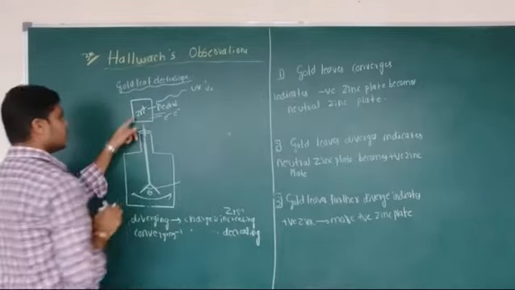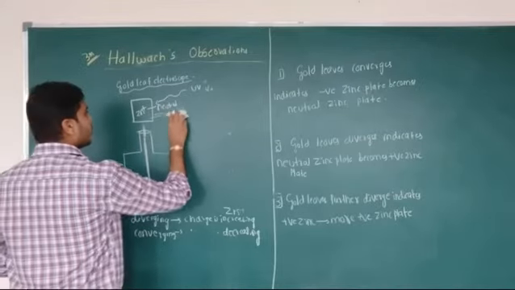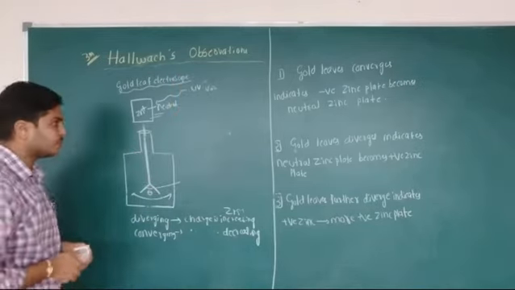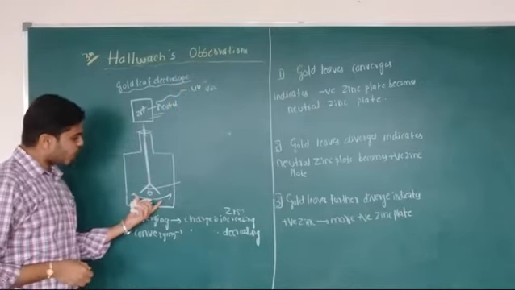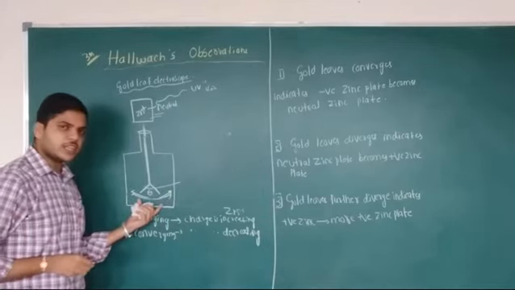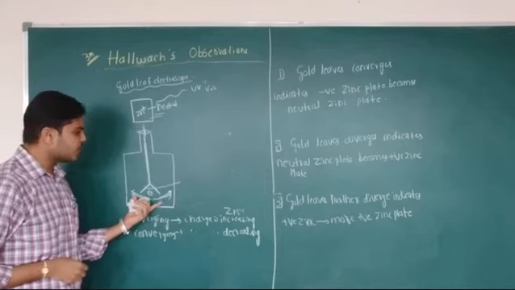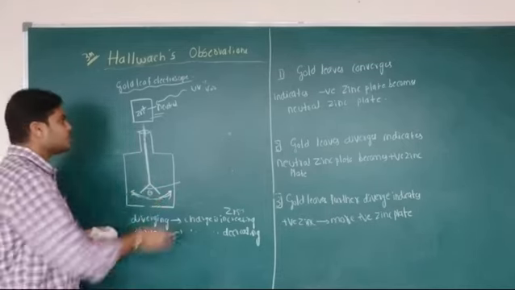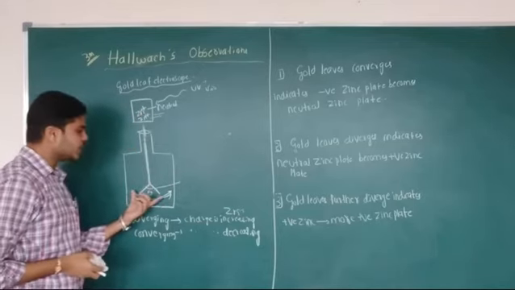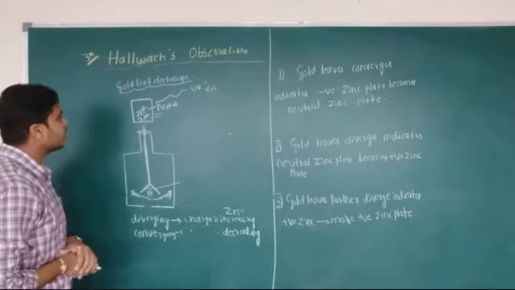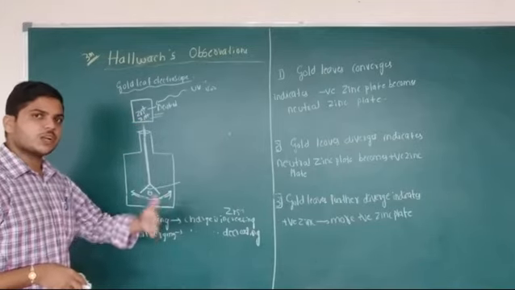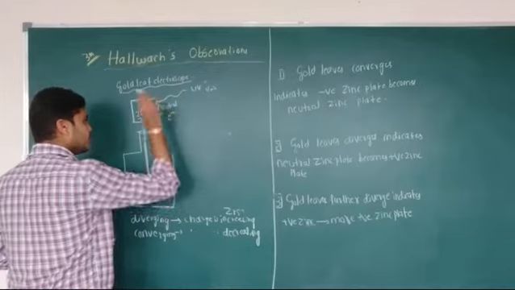Now the zinc plate has already become positive. What will he do now? He again incidents UV radiation above the threshold frequency. Then what will happen? If you observe the gold leaves, they are diverging further. Initially the divergence was less, now the divergence is more. It indicates that the positive charge on the body is increasing more. If the charge on the body is increasing, it diverges further. Now the positive charge becomes more positive, again by emitting electrons.